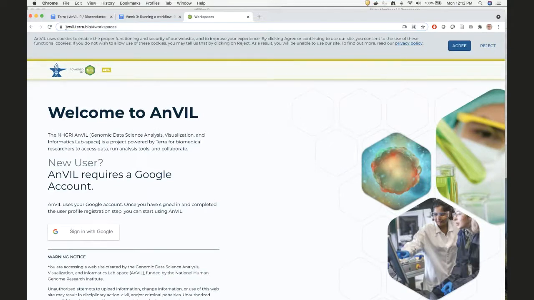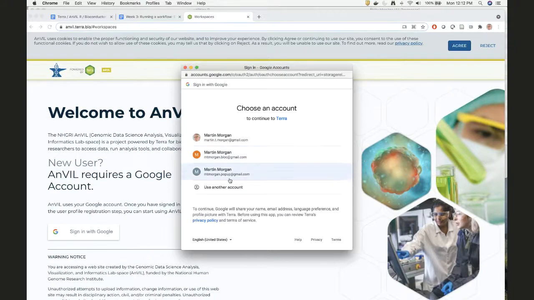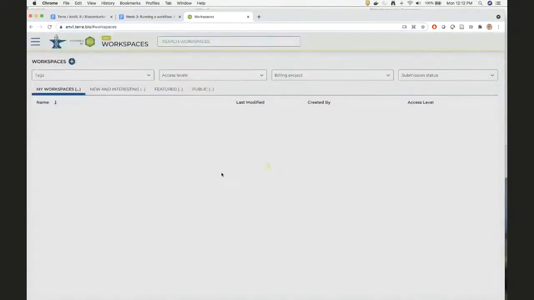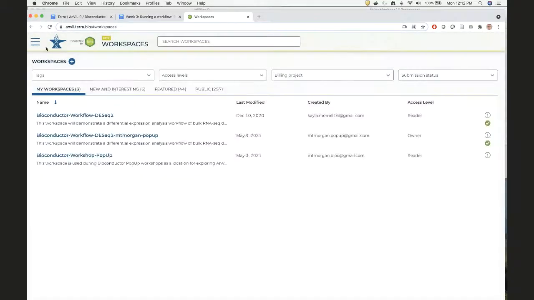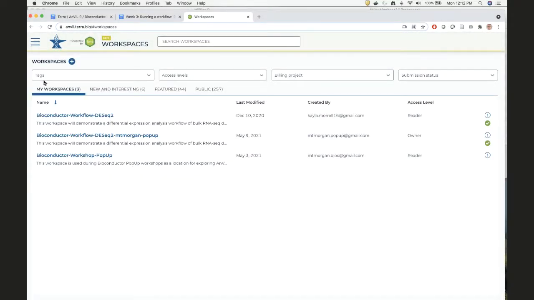So what I'm going to do is go to AnVIL Terra Bio, and I hope that you're following along, right? I'm going to sign in with Google, using my Google account that's associated with AnVIL. If you've been to the workshops before, this should be familiar territory. And then I'll go to Workspaces, and you should see this Bioconductor Workflow DE-Seq2